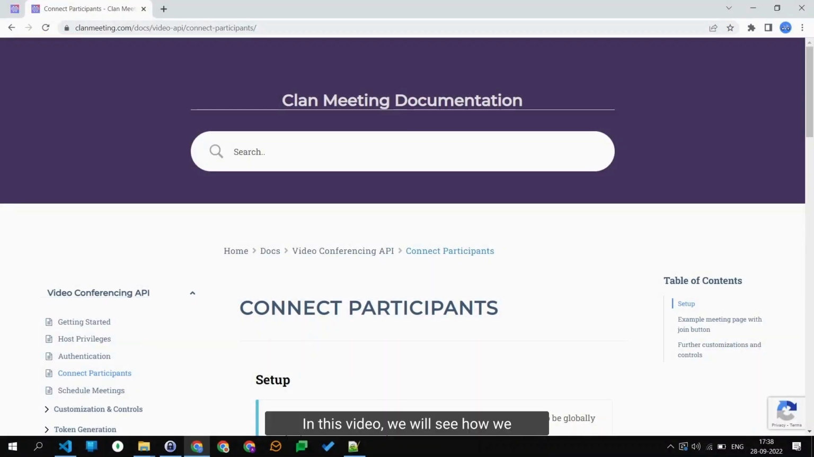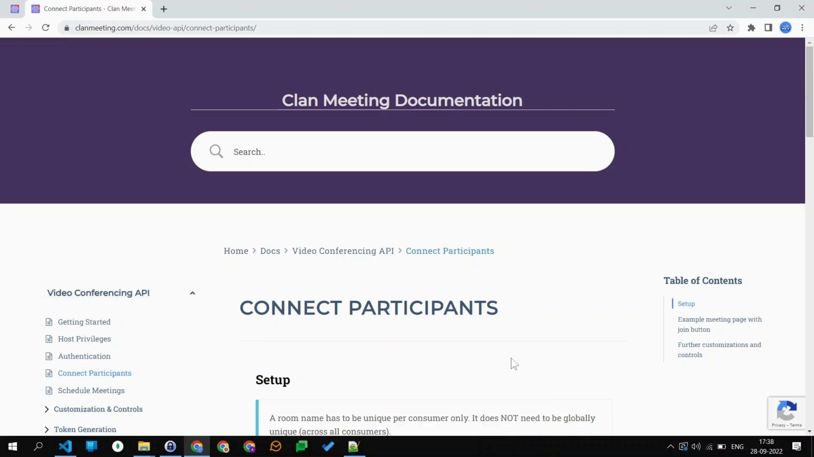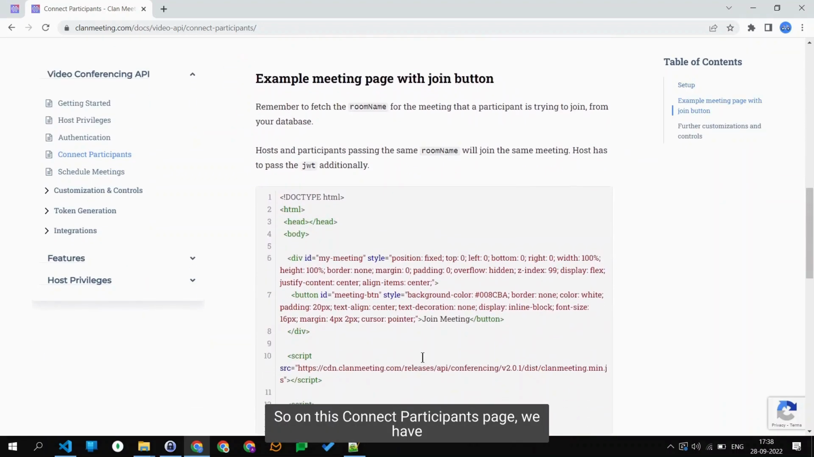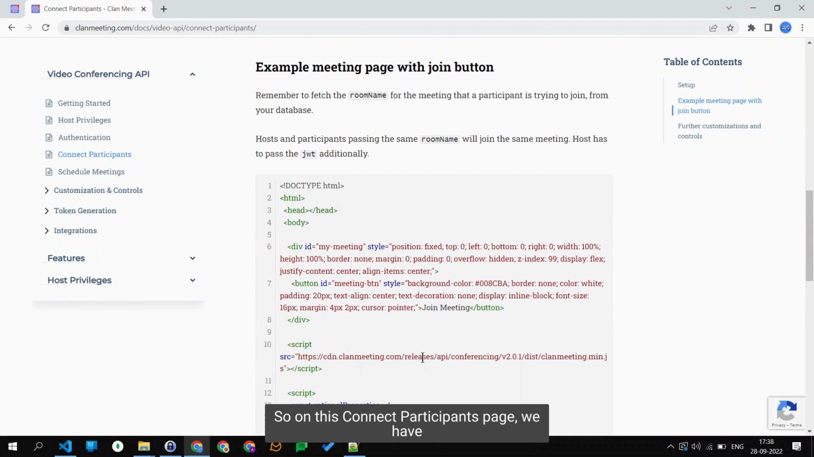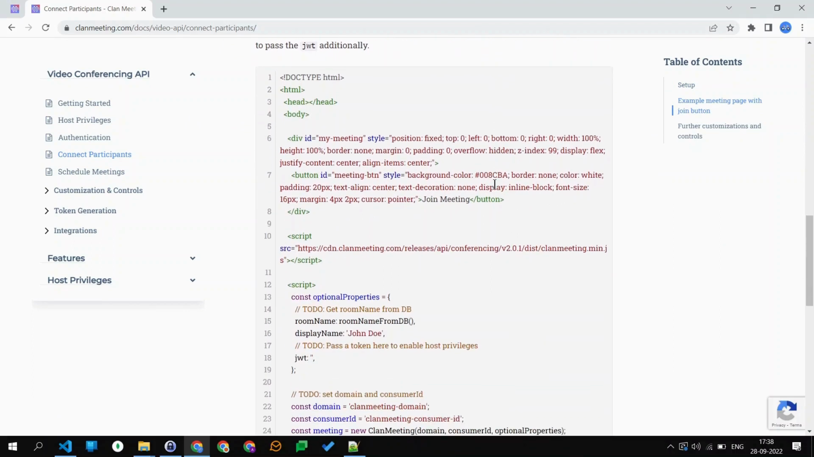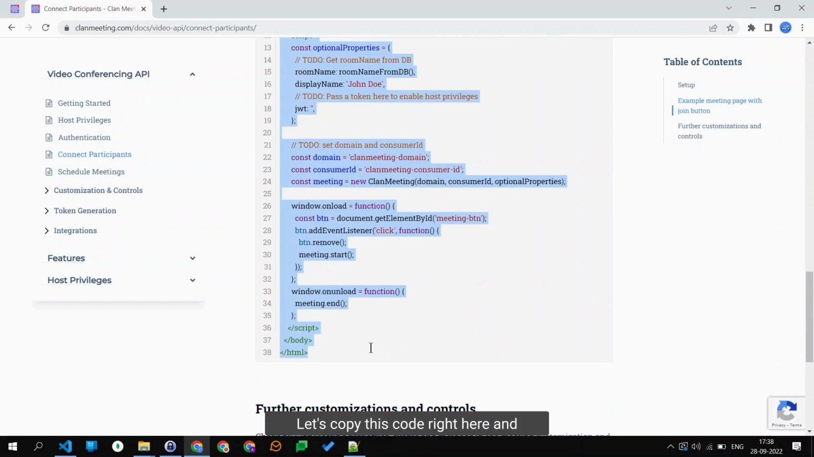In this video, we will see how we can connect multiple participants into the same meeting. So on this Connect Participants page, we have an example meeting page with a join button. Let's copy this code right here